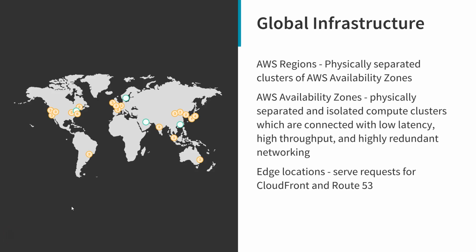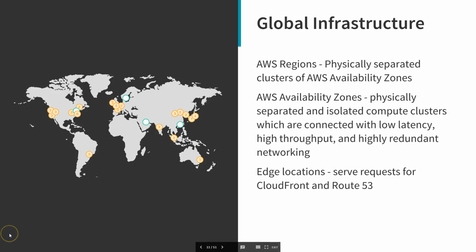Next, we're going to spend a very small amount of time touching on some of the main points of AWS's physical global infrastructure. And what I want to talk about in this video, in particular, are AWS regions, availability zones, and edge locations. AWS regions are physically separated clusters of AWS availability zones. And availability zones are physically separated and isolated compute clusters, which are connected with low latency, high throughput, and highly